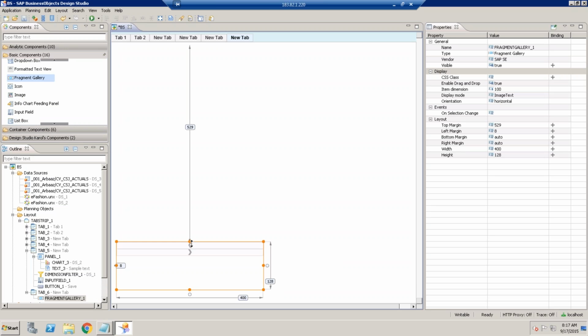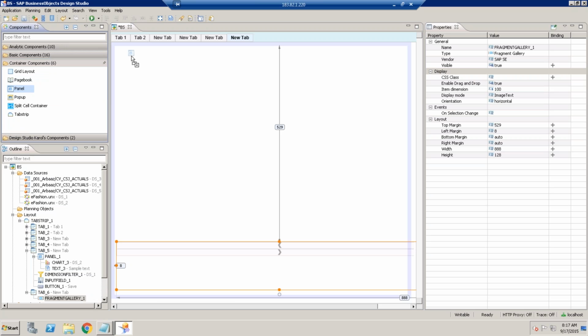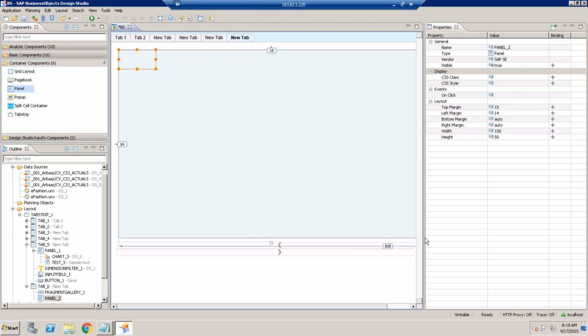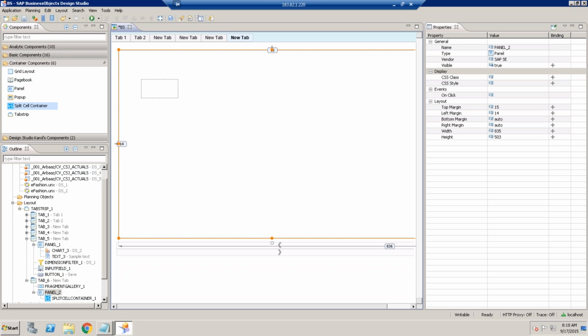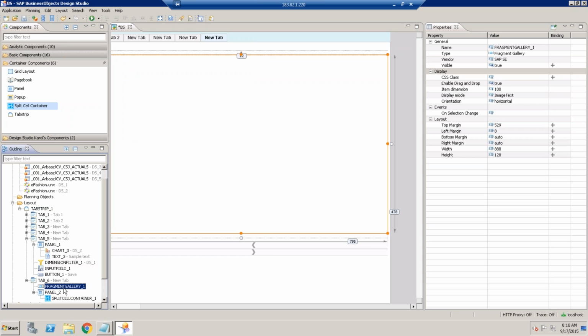So here we will have all the fragment gallery, and let's say create a panel here, control component. Inside that we have, let's say, a split cell container. That is fine. Now what we want to do is, whenever user selects this one,